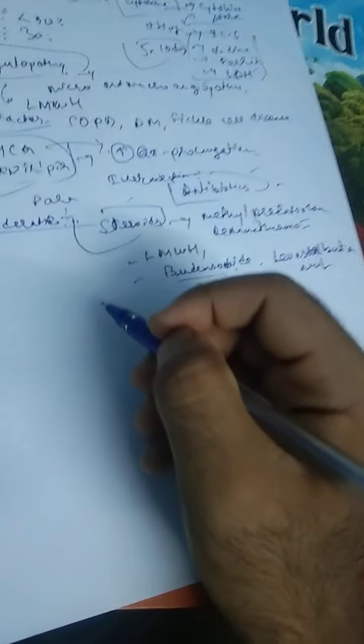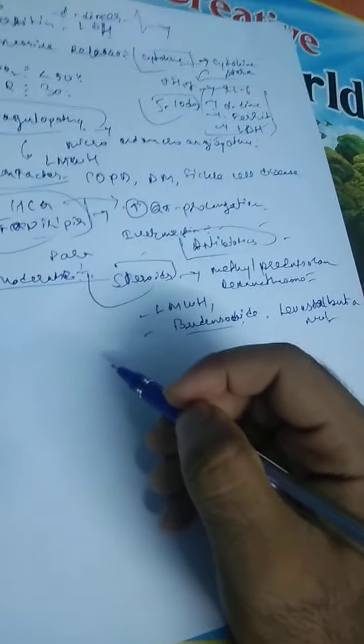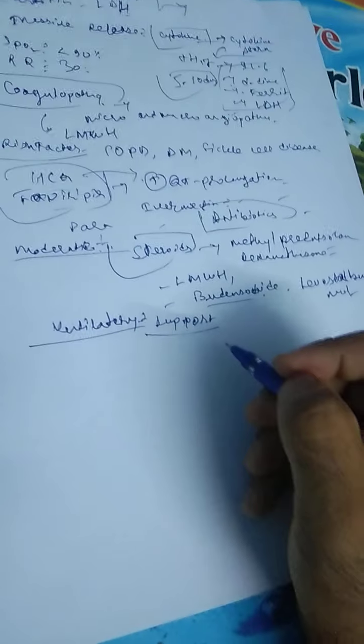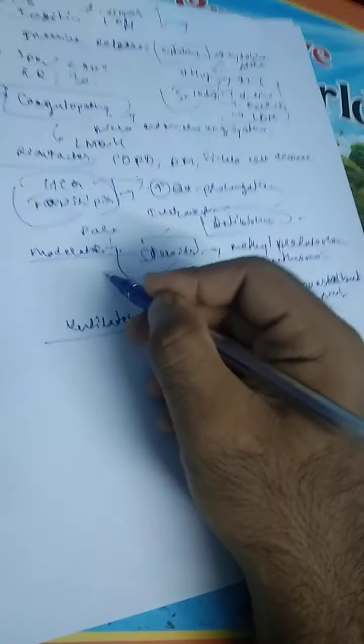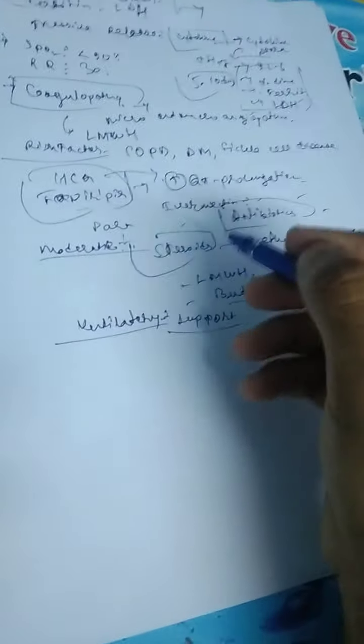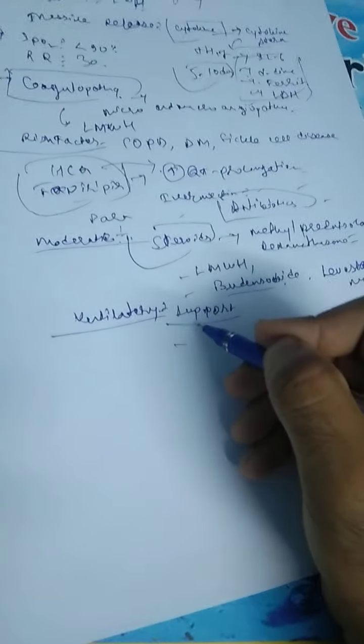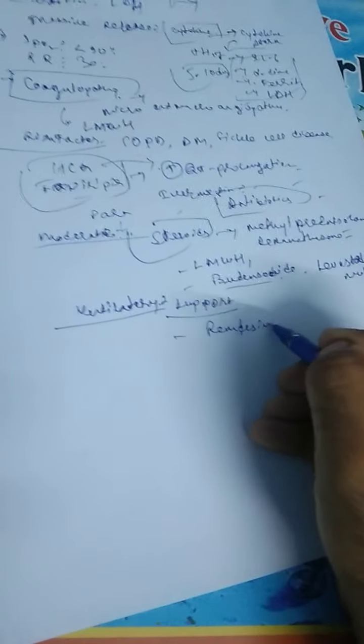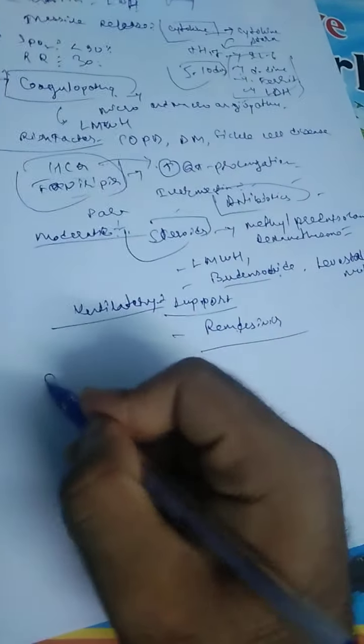And then we give also the ventilatory support. We will talk a little bit further on this in the video. So now with ventilatory support, we have to assess whether the condition is improving or not, but we have to give the ventilator support. The patient needs oxygen, and we have to decide whether the patient needs remdesivir also. And in severe COVID patients,